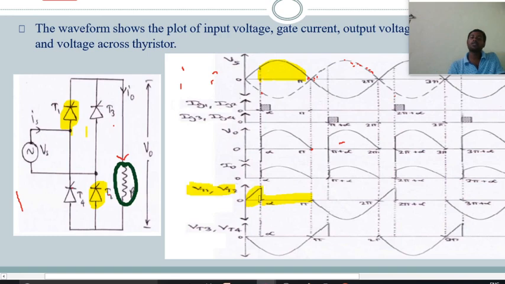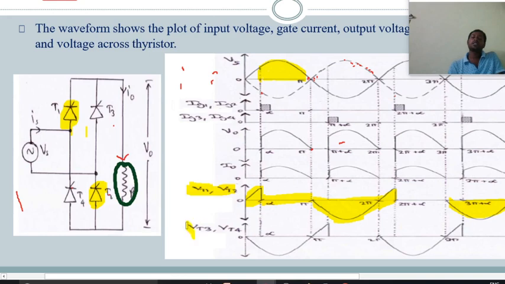That's why the voltage across the thyristor is equal to the supply voltage. And also for the negative half cycle, these T1 and T2 are replaced by an open circuit. That's why whatever voltage appears across T1 and T2 will be similar to the supply voltage. During this period, negative voltage will be applied across T1 and T2, and this process will be continuous for all cycles.